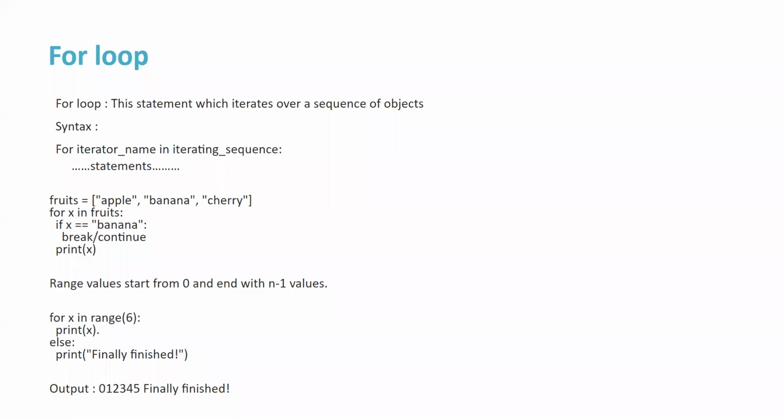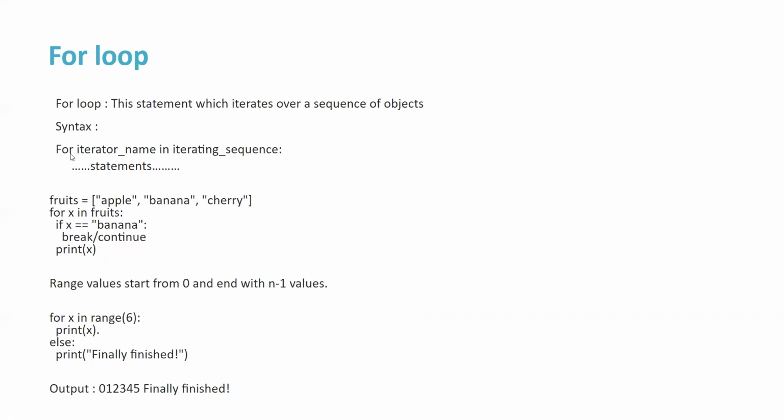In this video, we are going to talk about another loop, which is nothing but a for loop. If you have a set of objects and you want to perform an action on top of those set of objects, then we normally go with for loops. If you have a set of objects and you want to iterate over them and do a particular action, then we normally go for a for loop. So how does a for loop look?